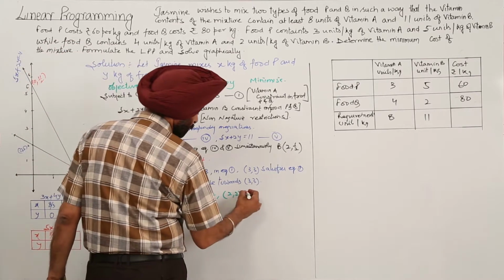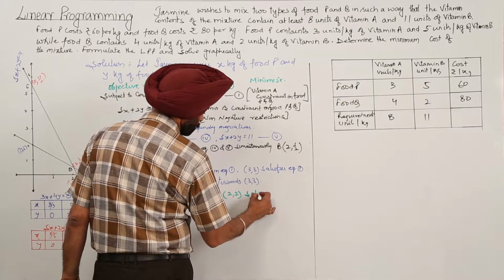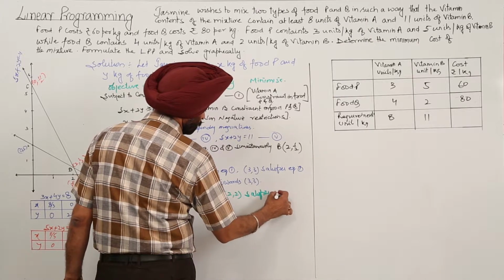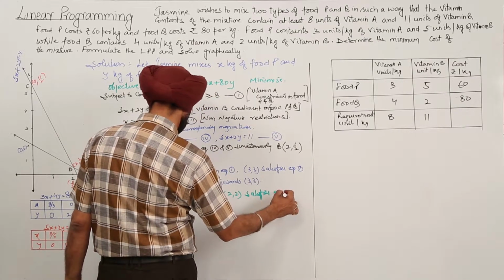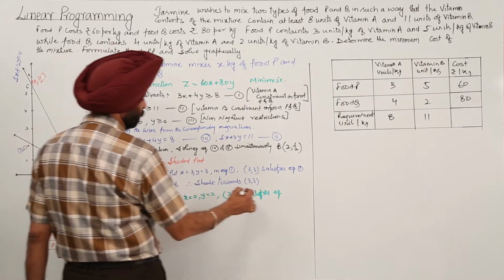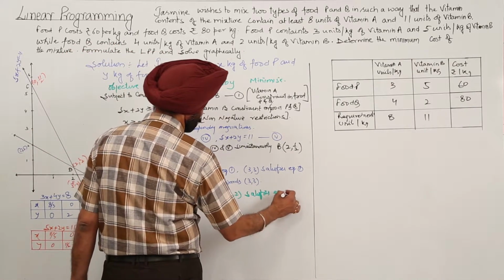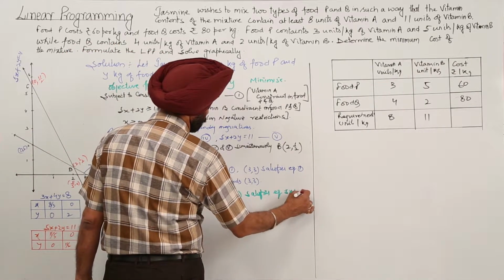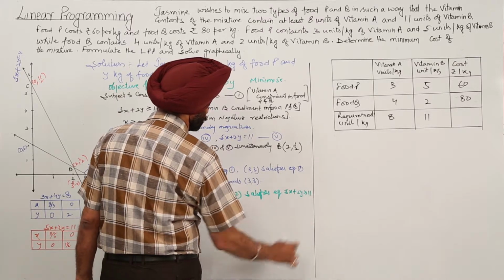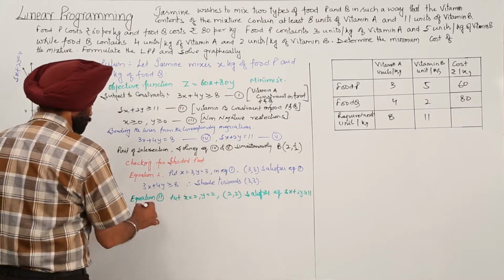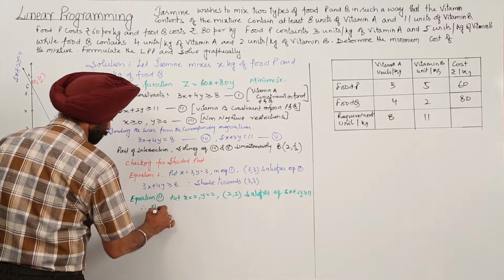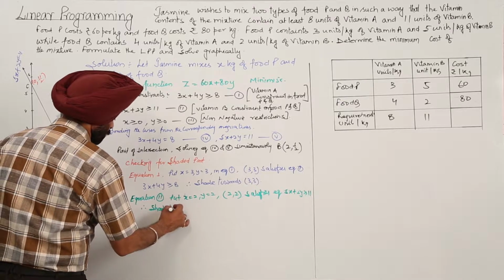Okay. So 2 comma 2 satisfies 5x plus 2y is greater than or equal to 11. Therefore shade towards